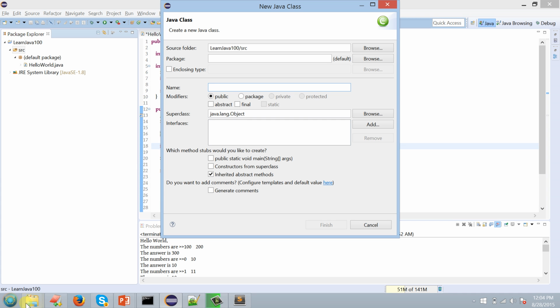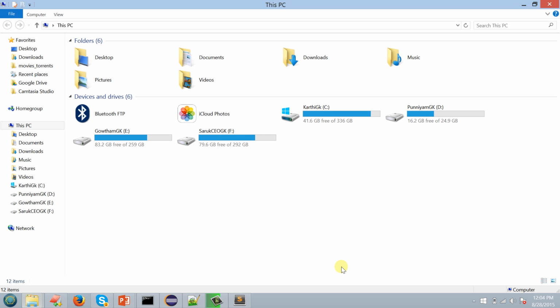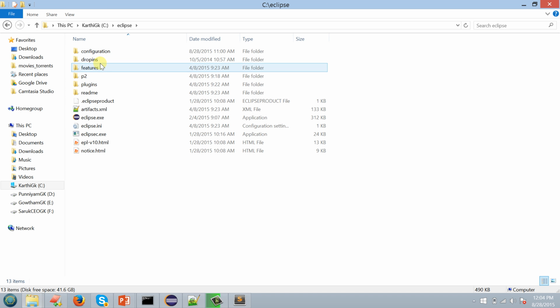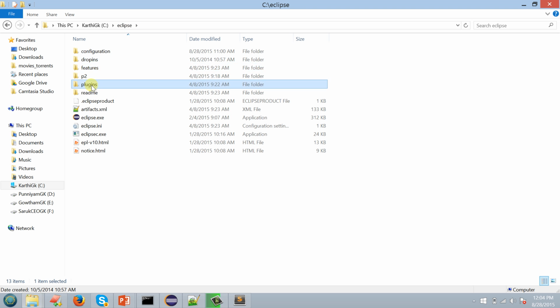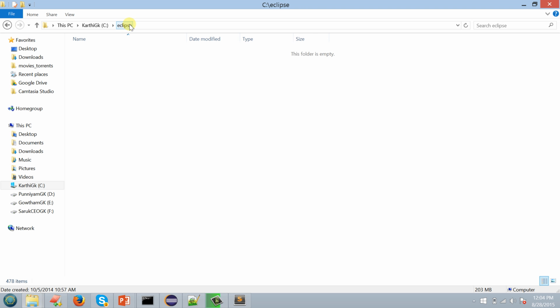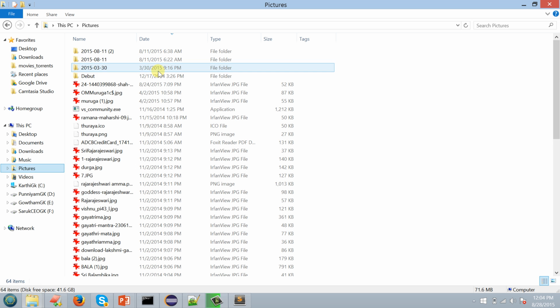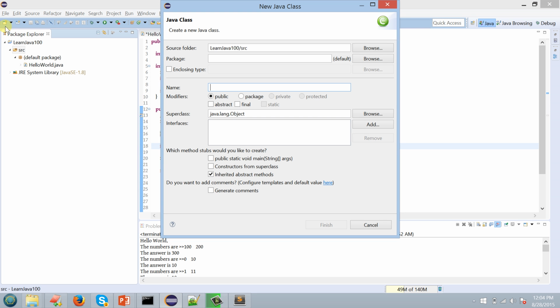You know folders in Windows, right? So these are all drives, and under them we have folders. Under a folder, we keep files, right? Related files will be under it. For example, in Eclipse, all the plugins will be present in the plugins directory. Or if you take my pictures, pictures by date will be kept under this directory, right? So a folder is for keeping similar functions. Package and folder are one and the same.